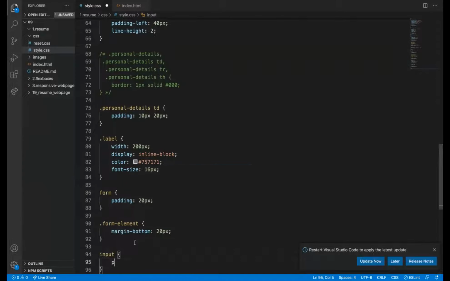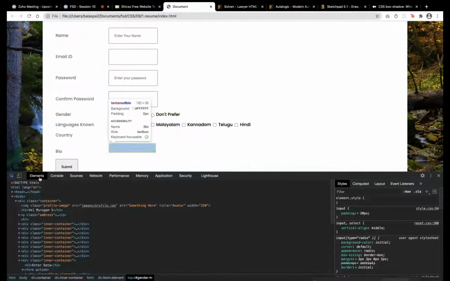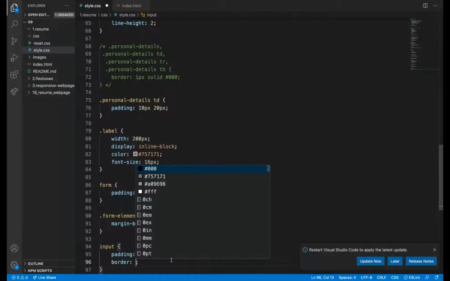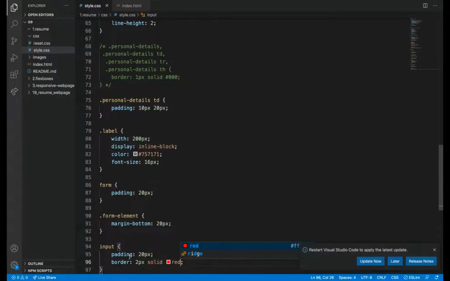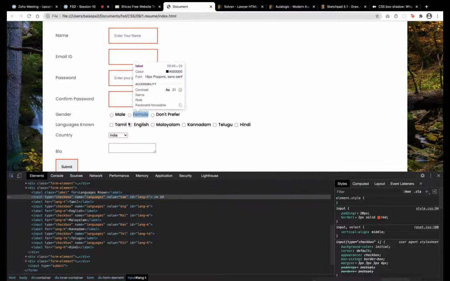Like if I'm adding, I can say input, padding 20 pixel. I want some spacing in between, but some stylings are not getting applied here. Okay, border I can add. Border 2 pixels, solid, red. Why is it not getting applied to the input tag?